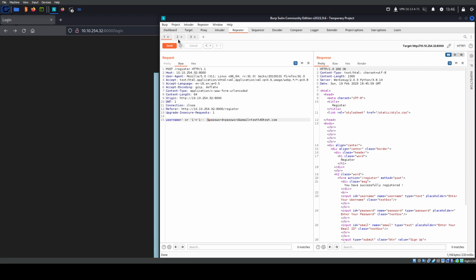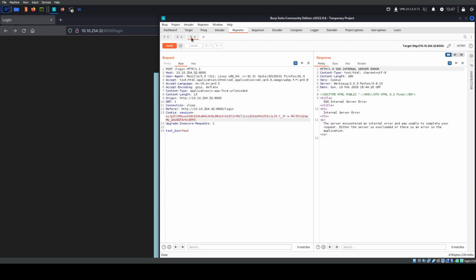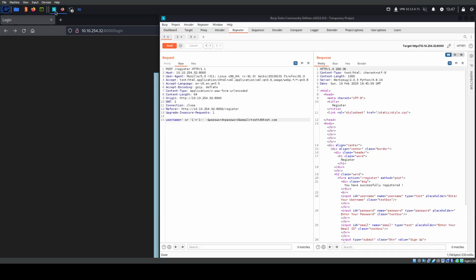Well, the next thing we can try, because we could just spend more time trying to get everything, is we notice how the username gets reflected back to us, right? Well, not here, but it tells you the username. So whenever something is reflected back, it's pulling it out of the database. And when I see that, I like to try union injection. The point of union injection, it'll look like this. So if we do 1,